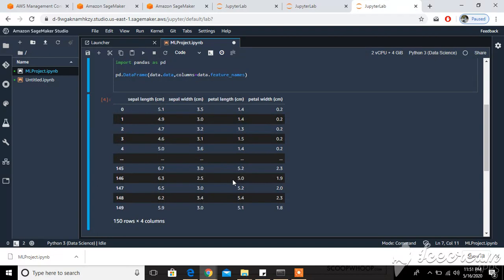This is the data which I can use, and further if you see, this data has 150 rows and 4 columns. And now what I can do is further split this data into train and test data and apply machine learning models like decision tree and linear regression. I can show you that in the next video.